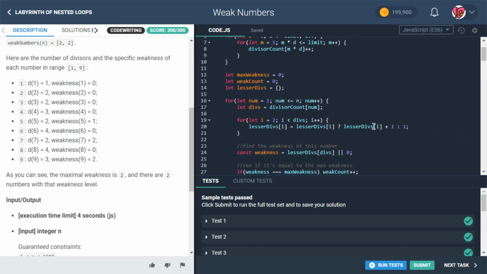The only part of this that I'm feeling a bit iffy about is this lesser divs thing. I mean, it makes sense, but it's kind of hard to explain. The idea is basically that since we know this is going in order, from 1 to n, you know how weakness is all about how many numbers that are less than the current number have more divisors. Well, the way we're handling it here is we're saying, since we're incrementing from 1 to n, we know that whatever divisors we have now, whatever ones we're checking right now,